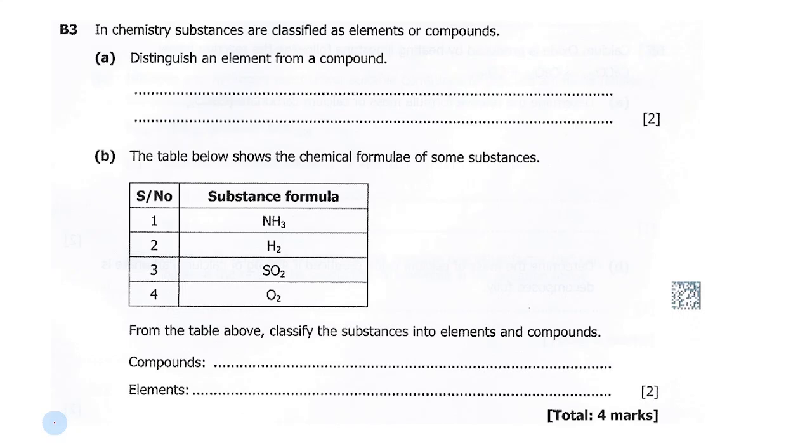This one says B3. It came in the same year, I think. B3 says, in chemistry, substances are classified as elements or compounds. Then here they say distinguish an element from a compound. All right, so this is an easy one. You say an element is a substance made up of the same type of atoms,